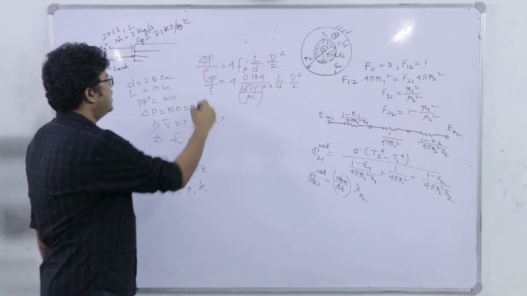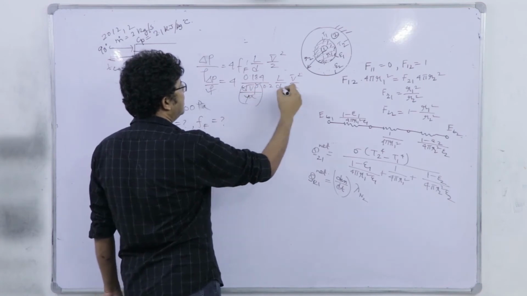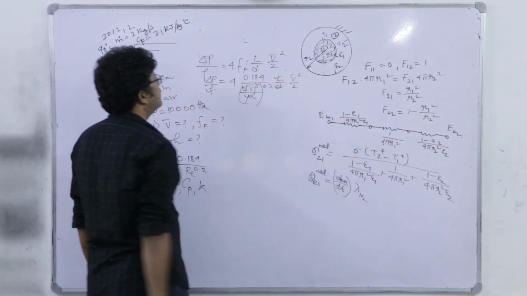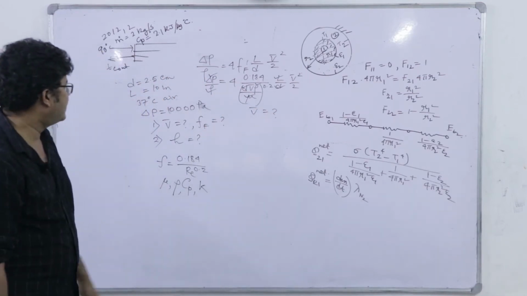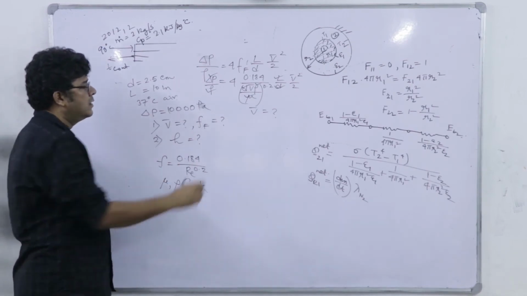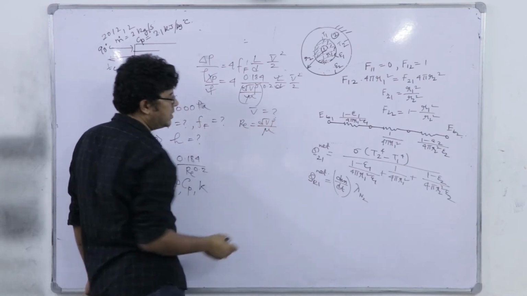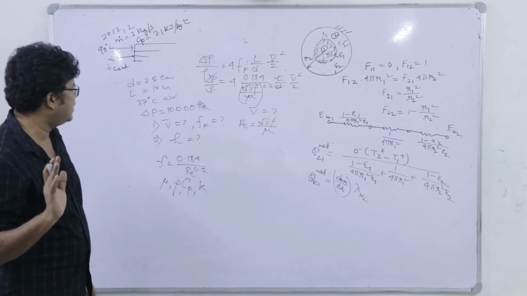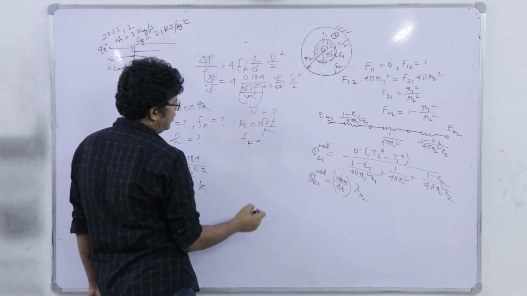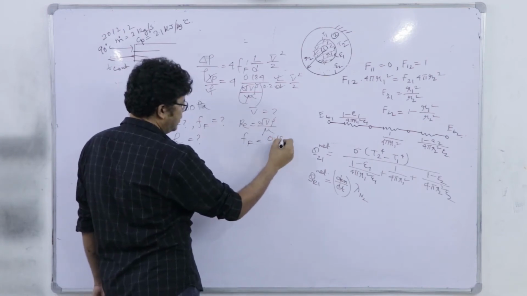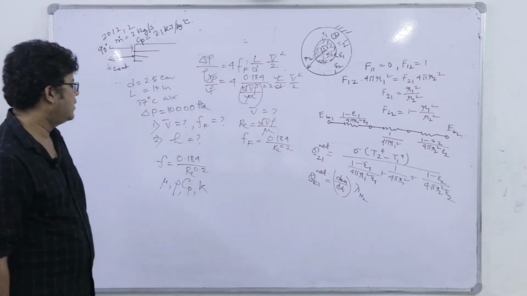Now you see rho is given, D given, mu given, only V bar is unknown. The pressure drop is also given, so we can solve for velocity. Once velocity is solved, we will check whether this Reynolds number D V bar rho by mu, which we assumed to be turbulent, is valid or not, and mostly it will be valid. Once the Reynolds number is known, we know f equals 0.184 divided by Re to the power 0.2. So the friction factor can also be solved.